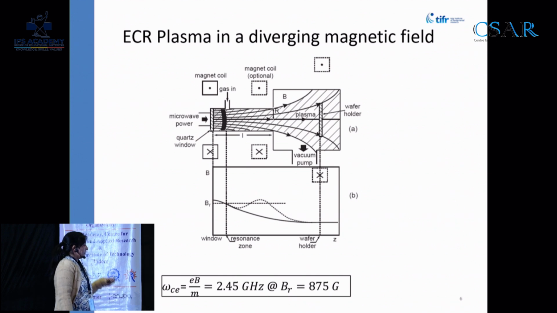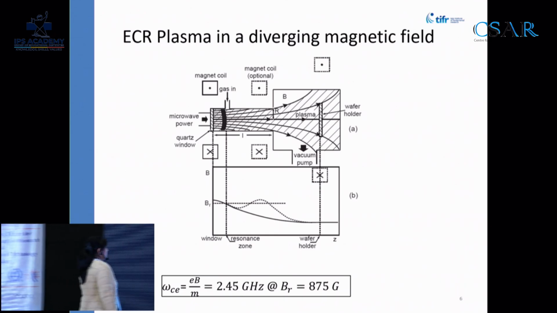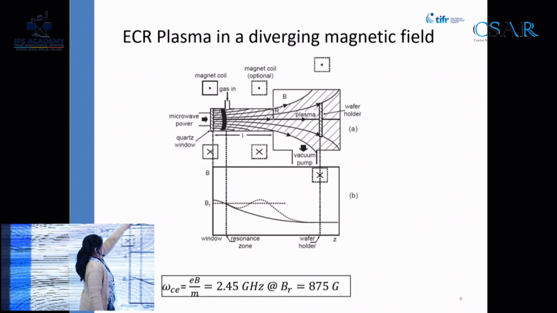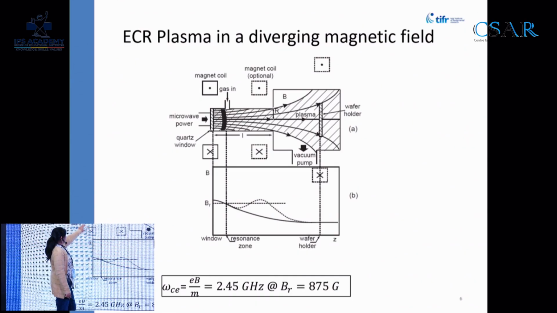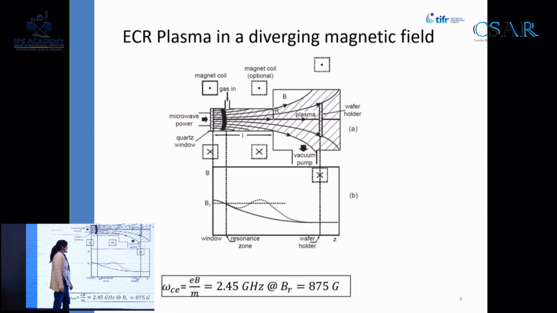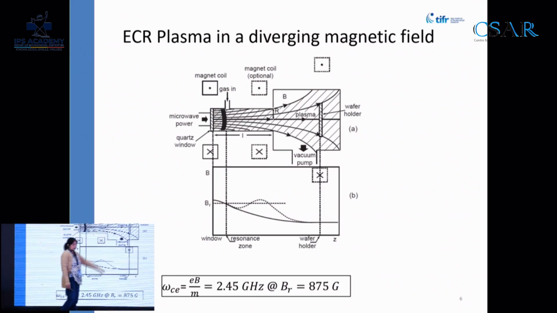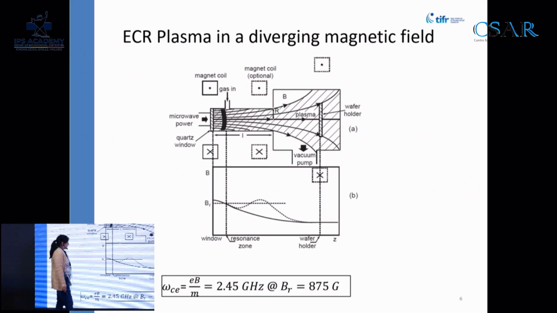How is this 2.45 gigahertz ECR plasma produced? Here I've shown a schematic. This dark shape here is the ECR zone. In this configuration, we have solenoids which provide a spatially varying magnetic field along the axis.